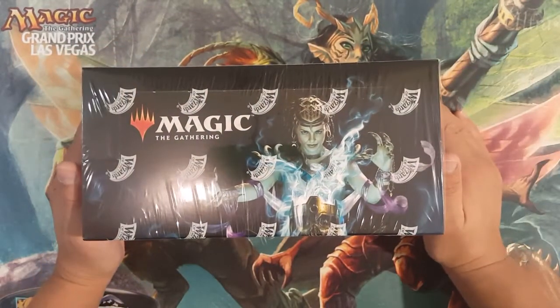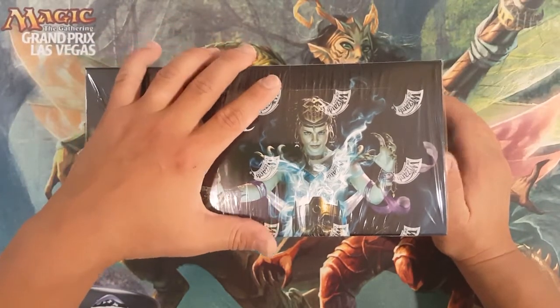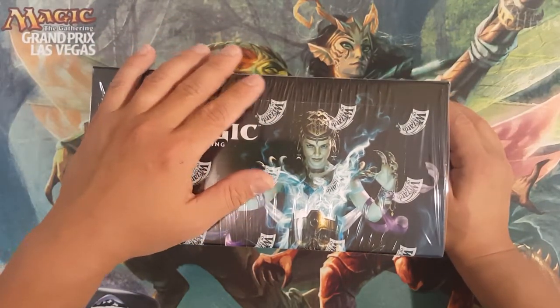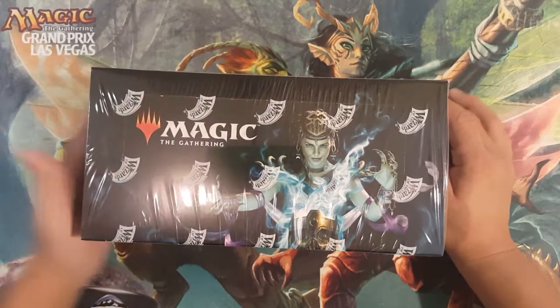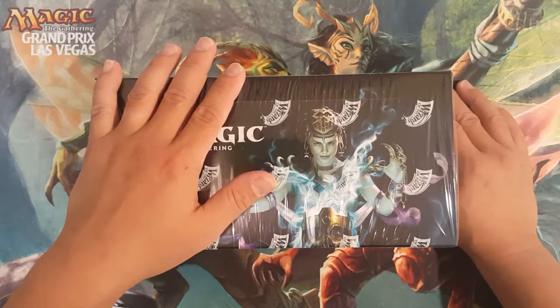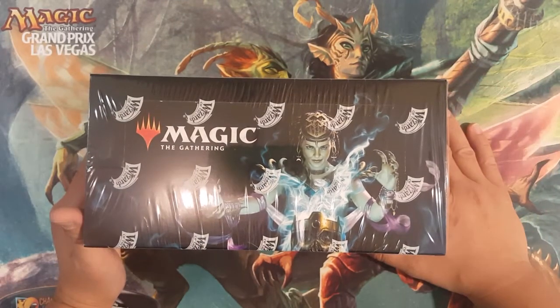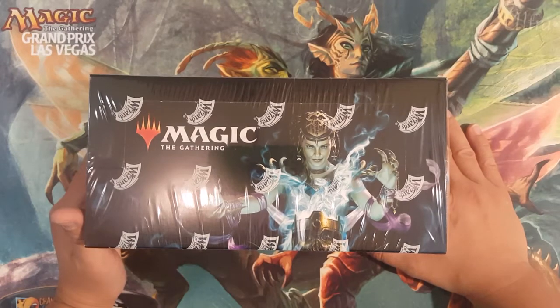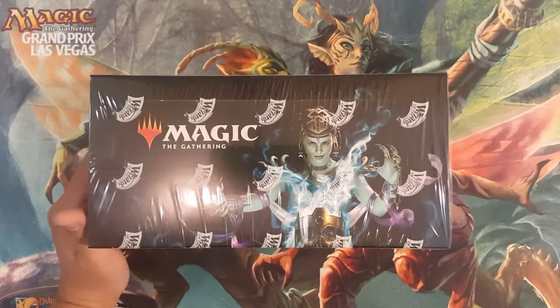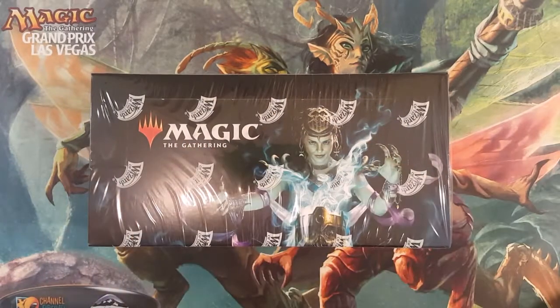Some sellers out there, man, you gotta really watch out for, and PayPal has now since changed its seller protection policy. So if you're selling or buying out there, make sure to always read up on those policies, because that could end up being what saves your behind if you ever get into a bind. Alright, so without further ado, we're just gonna get into cracking with this Ultimate Masters